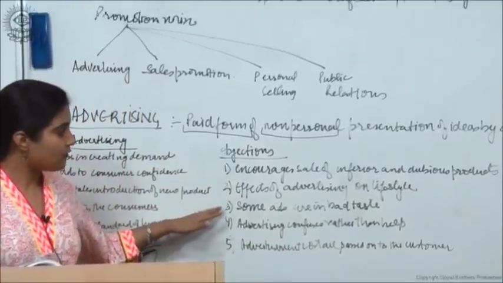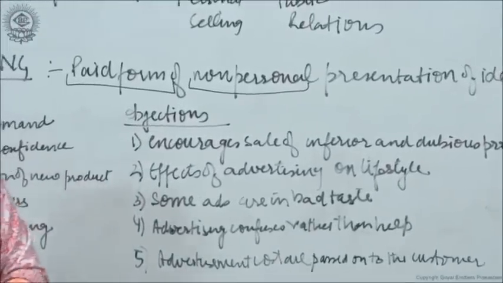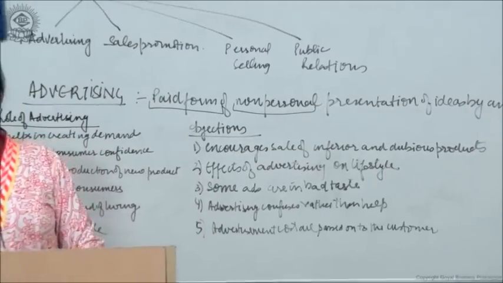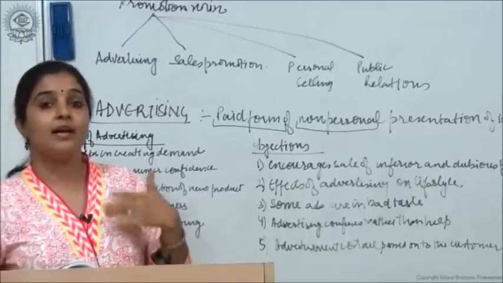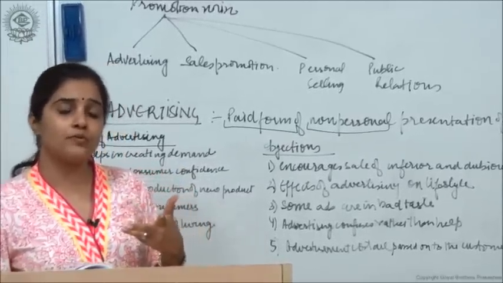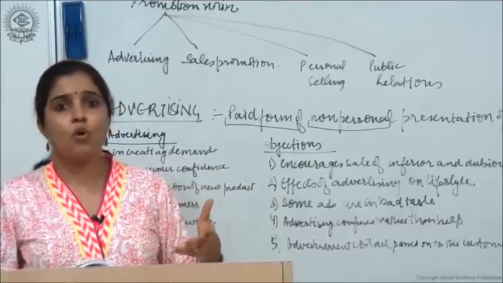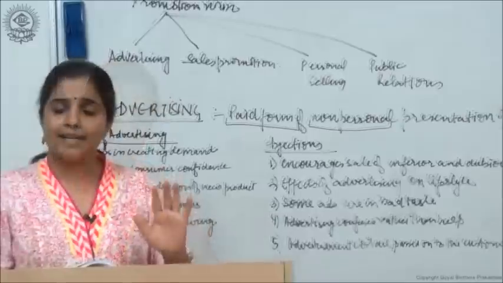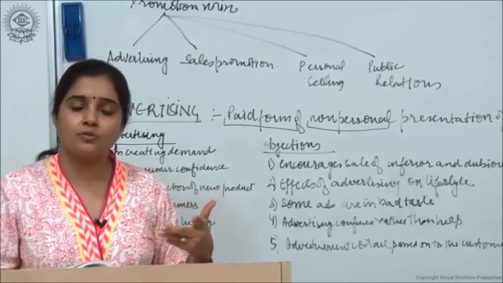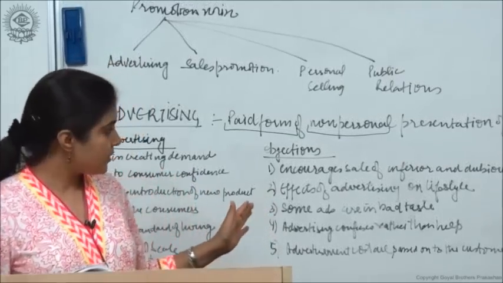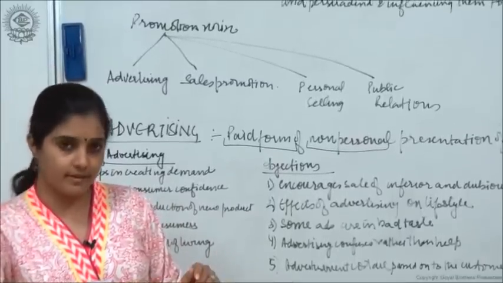Second is effect of advertising on lifestyle. What happens is that by seeing ads of new products every day, day in day out, मेरे पास phone है अभी already, right? But every day if I'm seeing ads of different phones which are coming up with new and unique features, that urge to acquire more comes within me. As a result I am never able to reach that state of contentment, right? I wish to acquire products which I do not even need. But because of advertisements, उनको देख देख के तुम्हारे दिमाग में it creates an urge. You want to acquire it, right?